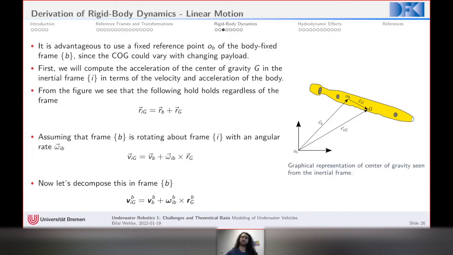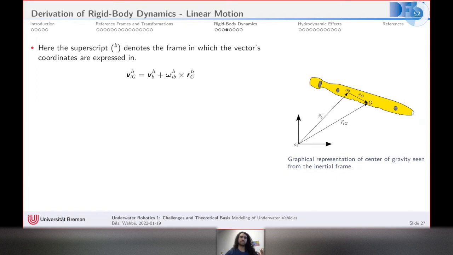So as I said, this relation is valid in any frame because it's just a geometric relation. So if we decompose it in the body frame, then the VIG in body frame is equal to VB, or the center of the body, plus the angular velocity cross RG expressed in the body frame. Of course, here the superscript B denotes which coordinate frame we are expressing